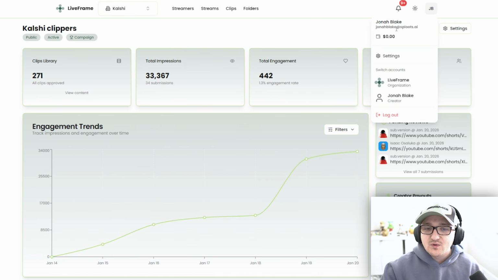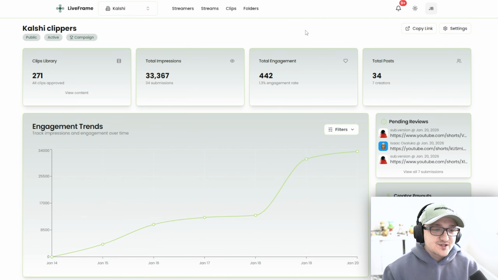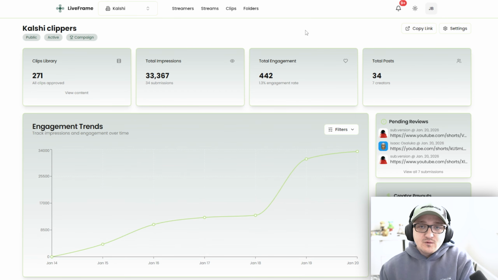So when a clipper or a creator makes an email account with us, they automatically get a Coinbase developer wallet. It means clippers and creators using these folders can get paid in real time for making, posting, and creating content. It's measured by our AI, and we can pay them in stable coins. We can pay them in EVM tokens. We can pay them in SVM tokens. We can pay them in anything that a Coinbase wallet can do.